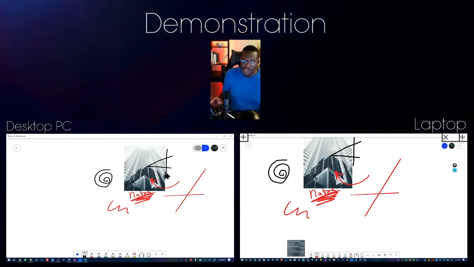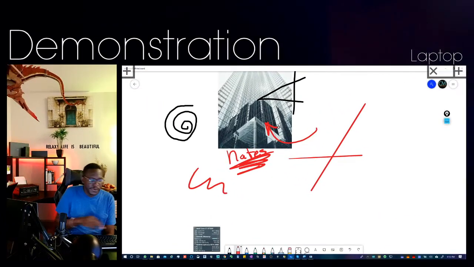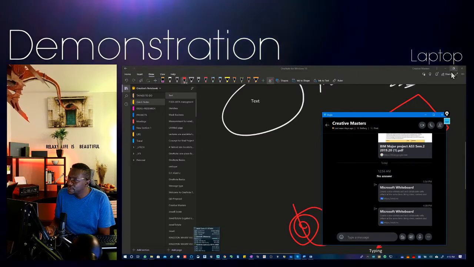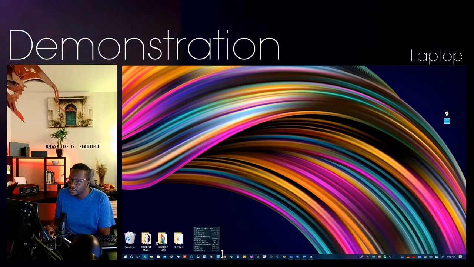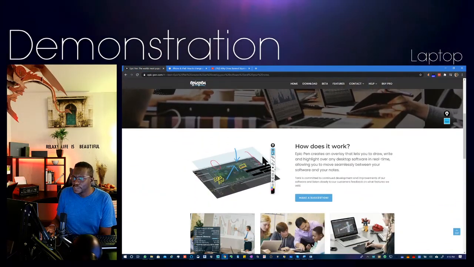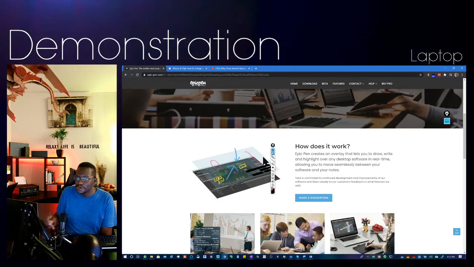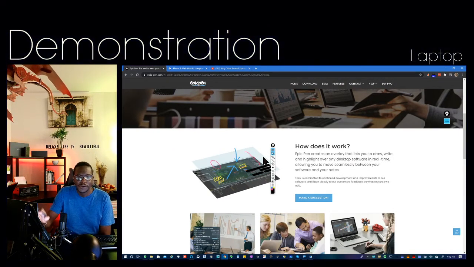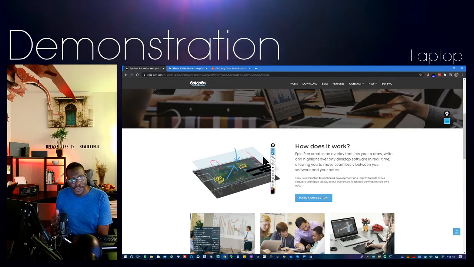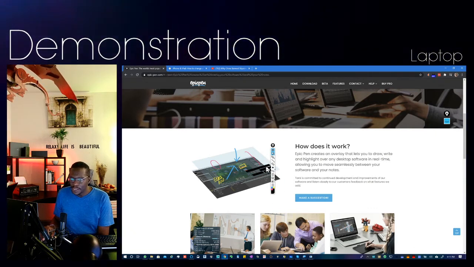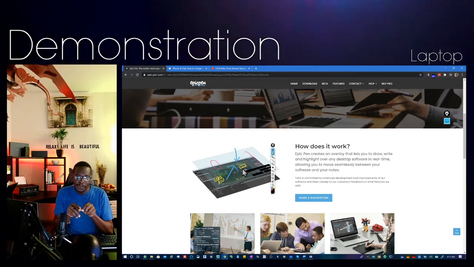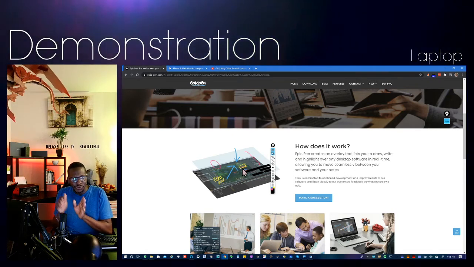Now, the last application I want to show you is called Epic Pen. It's pretty much one of my most recent discoveries. Epic Pen is essentially a program that gives you a virtual transparent film over your computer screen. So when you're doing real-time lecturing, not necessarily note-taking, it allows you to draw on the screen. There are a lot of programs that allow you to take a screen clip, but not necessarily draw on the screen, right?